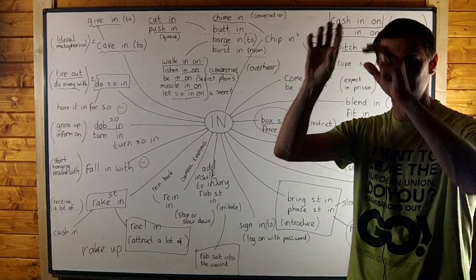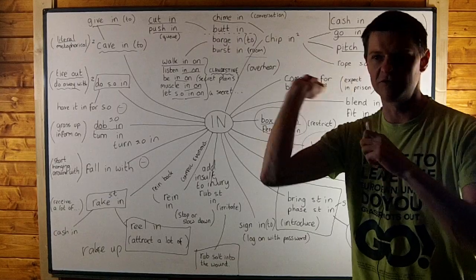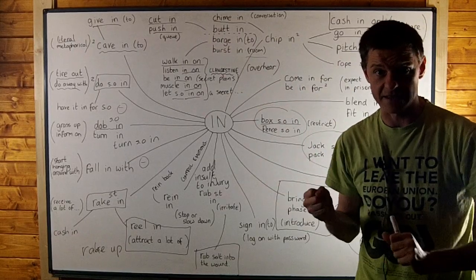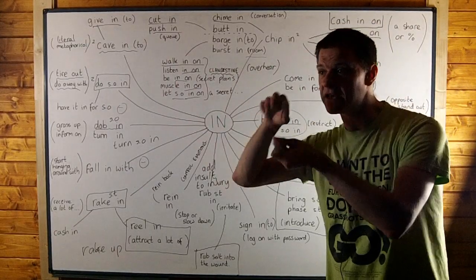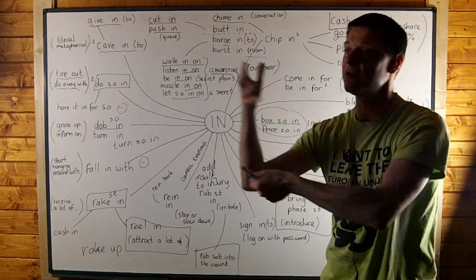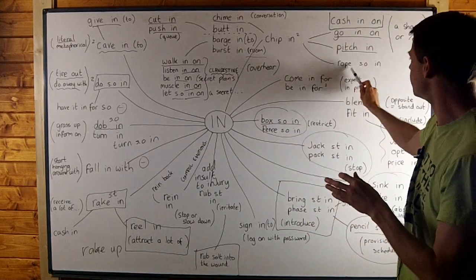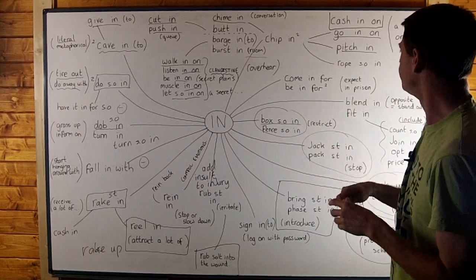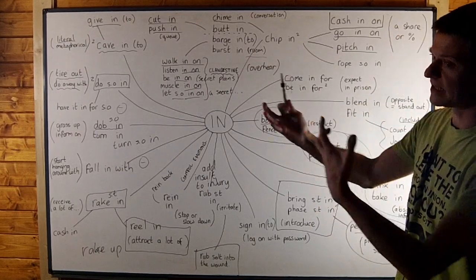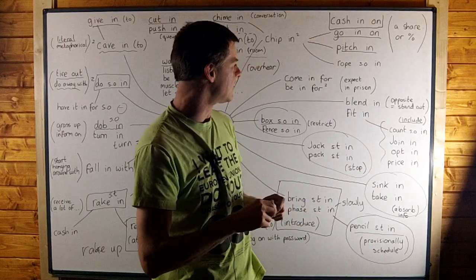I don't know if you know what a lasso is, but it's a rope with a hole at the end that the cowboys would use for roping in the cattle. Well, it's that idea. Metaphorically, you rope someone in, you throw your lasso and you pull them into the football game or whatever it is that you want to rope them into. So there's a lot of different things you could rope them in for. But basically you're including them, and inclusion is one of our other phrasal verbs down here.